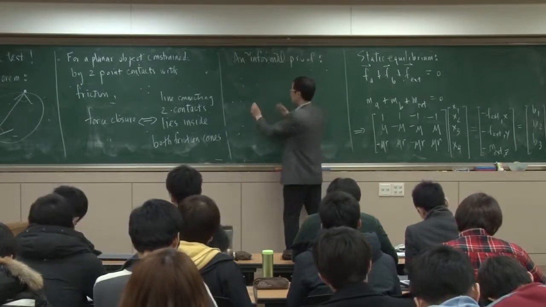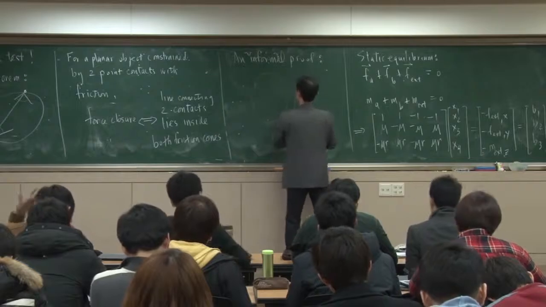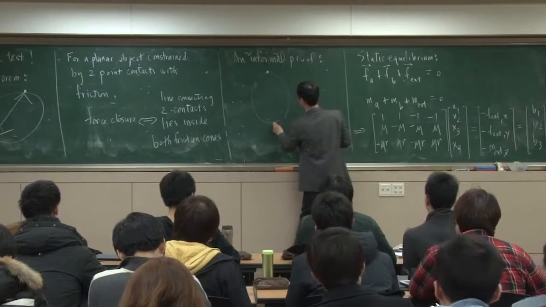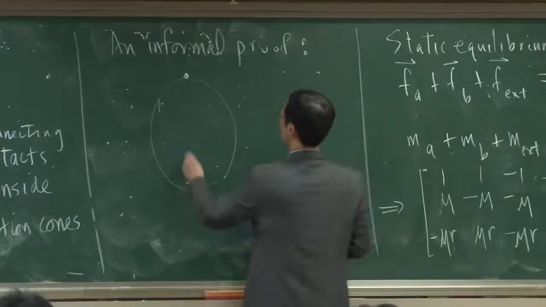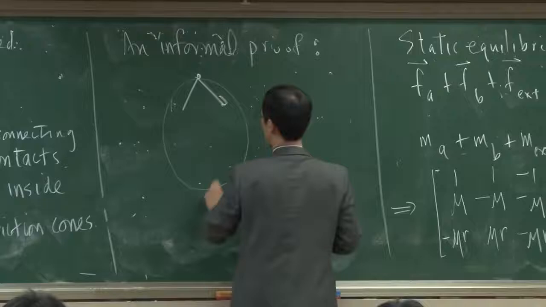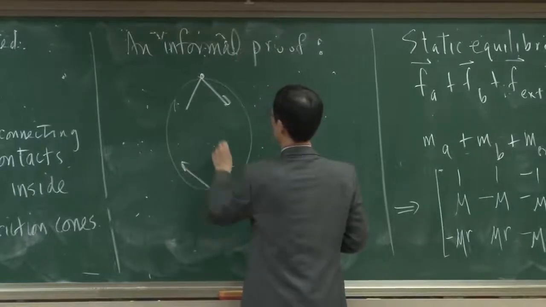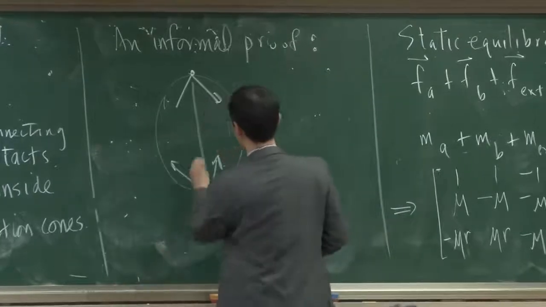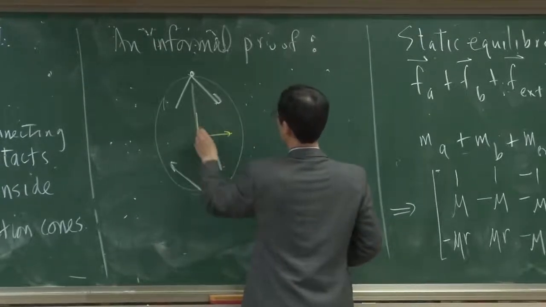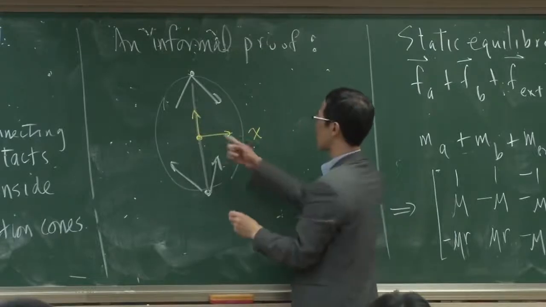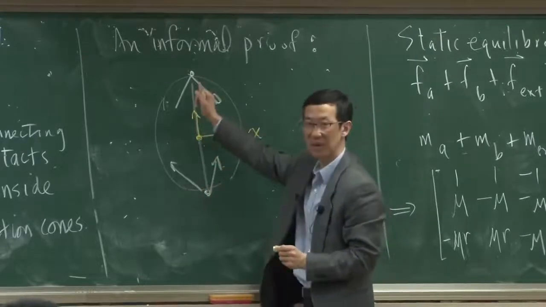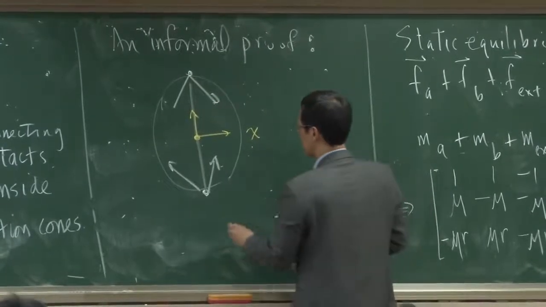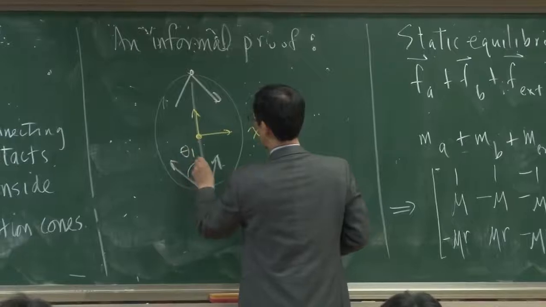Without loss of generality, say that's the object, and we have something like that. So we have these cones here and here. Pick a reference frame. Let's choose it so that the x direction is this way, the y direction is along the line connecting the two contact points. Then we can call this angle theta 1,